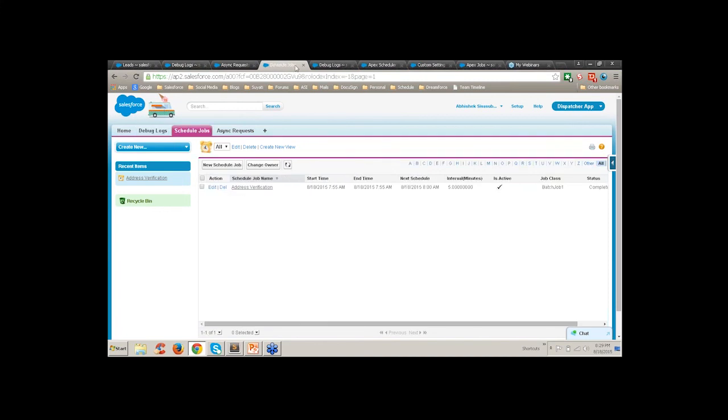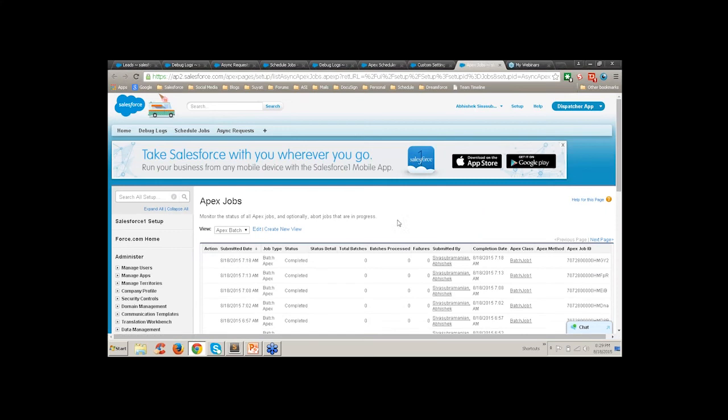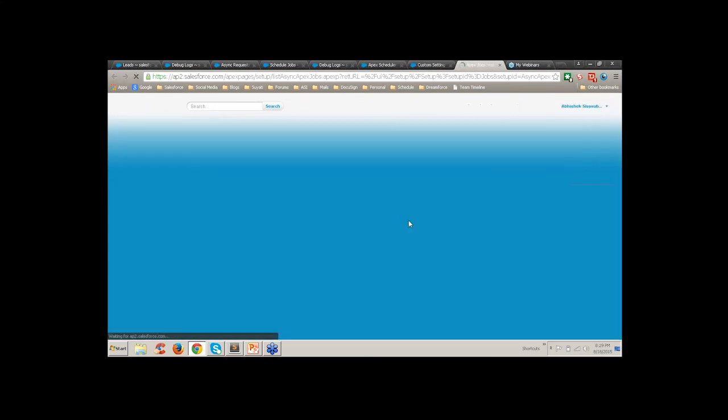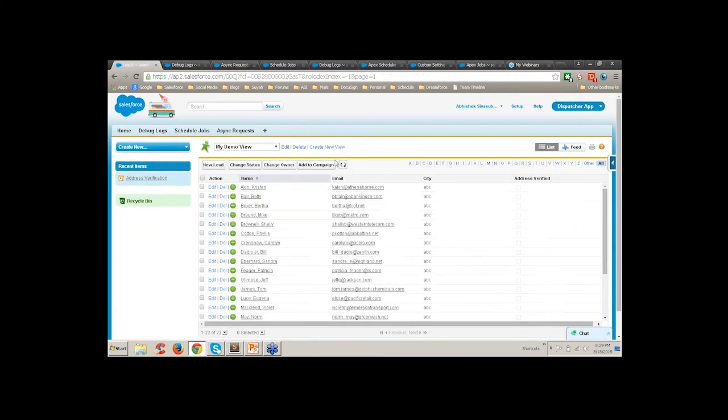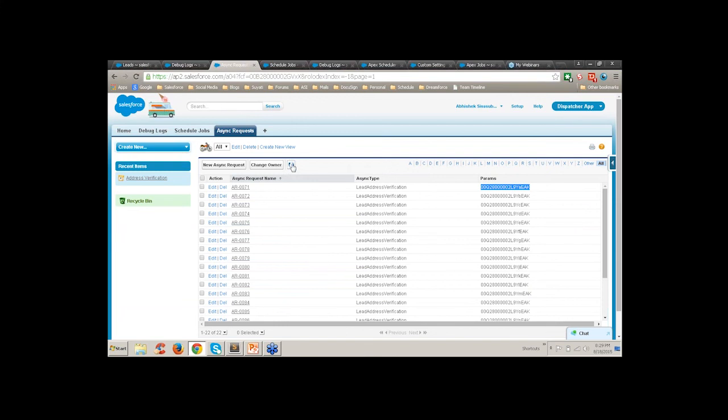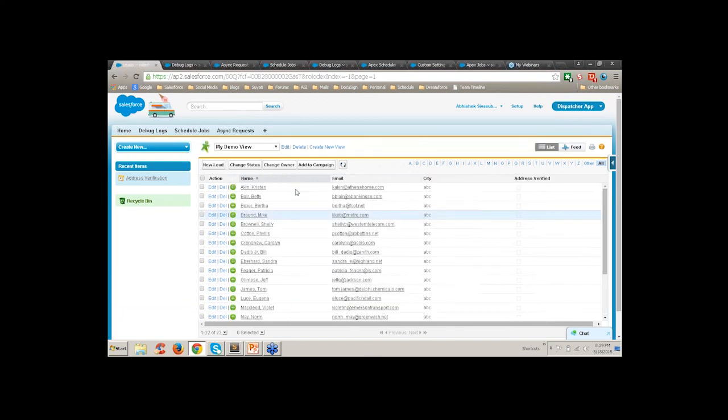Now I hope this should have run. Let us see. So I'm just waiting for it to run. As soon as it runs, the leads address verified should be checked out here.